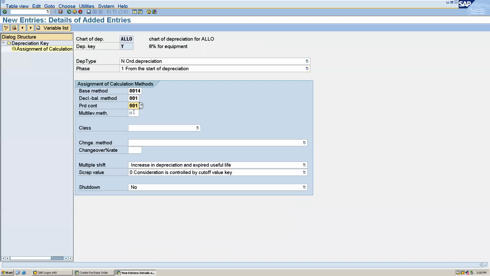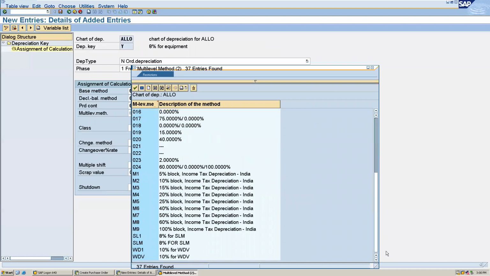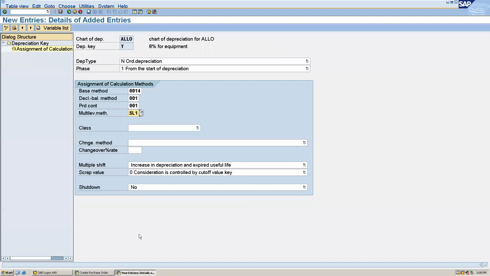And also the multi-level method, that is SL1, you can see here SL1, that is straight line one. And the class here is straight line depreciation. And the change method, no automatic changeover. So, okay, after this, save this.